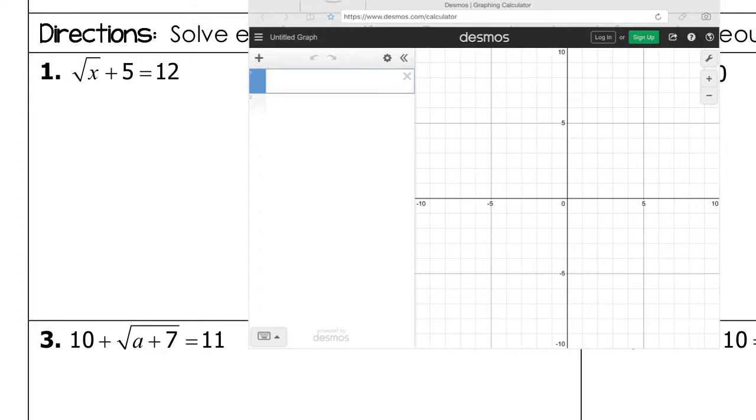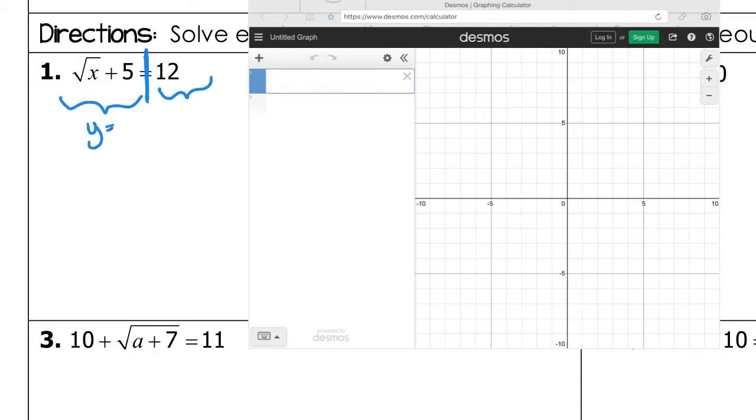Today we're going to take a look at using Desmos to solve radical equations. Using Desmos to solve radical equations is very, very simple. The first thing you're going to do is make sure that you have split your equation down the equal sign, and you are going to look at the left side and the right side. So in Desmos, we are going to graph both the left and right side,